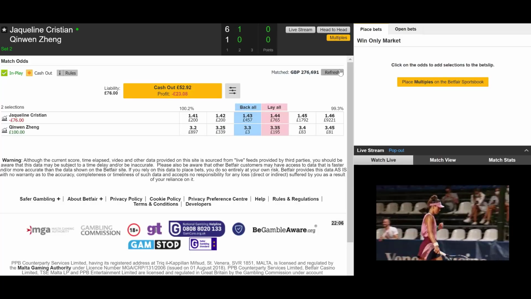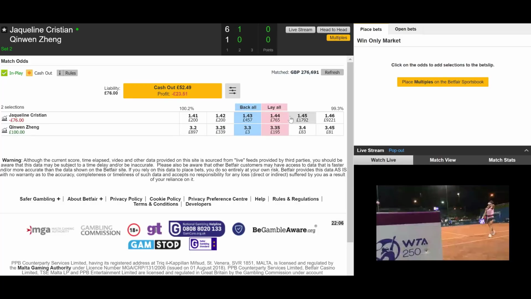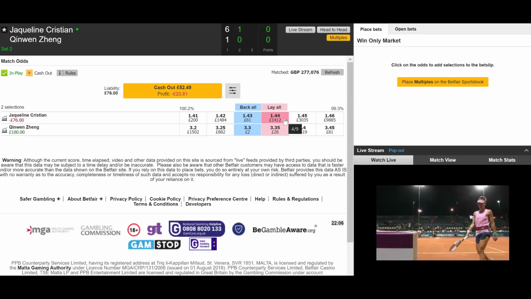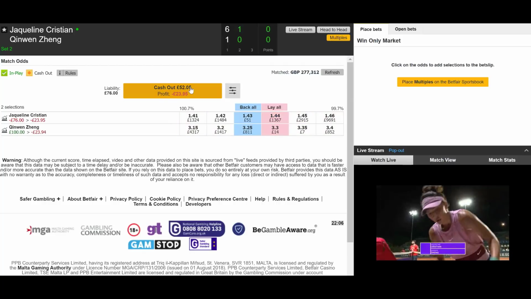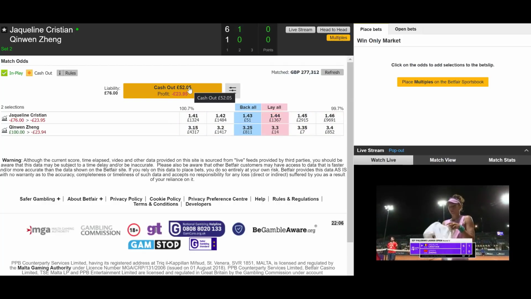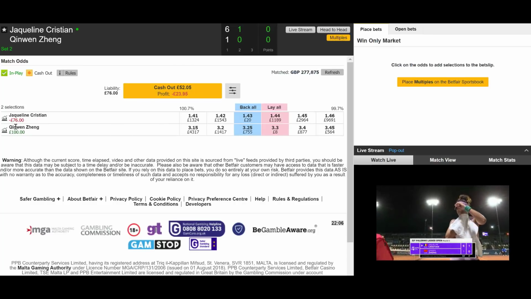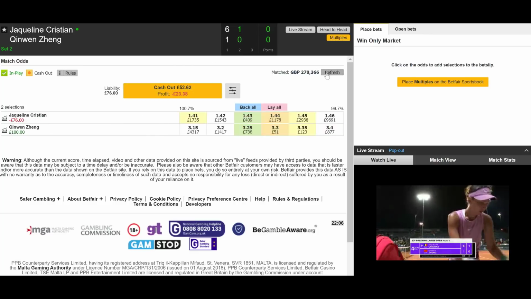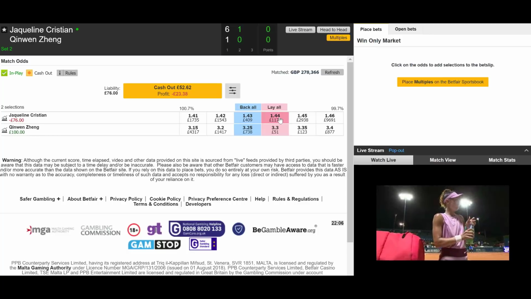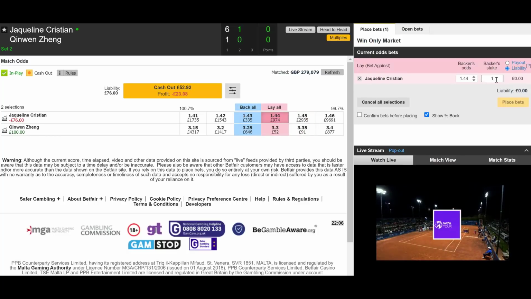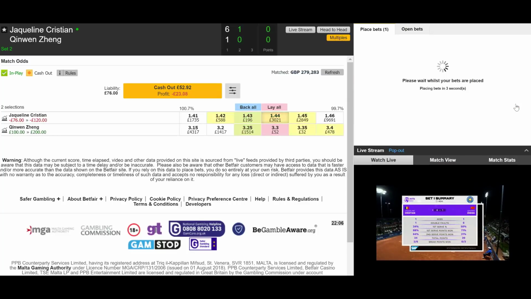So, not a great start at all. She's broken in her first service game of the second set. So, what we do though is we don't panic. I mean, if you really wanted to, you could take that £23 loss, but there's still so much time left. And remember, Zheng, very, very strong favourite. So we just need a little bit of a sign of life for those prices to swing back in our favour. So let's lay Christian again at